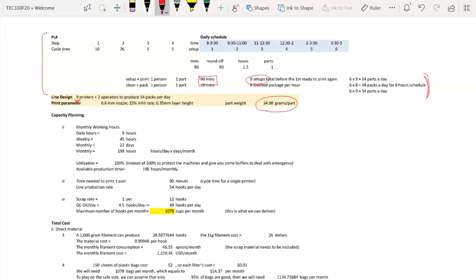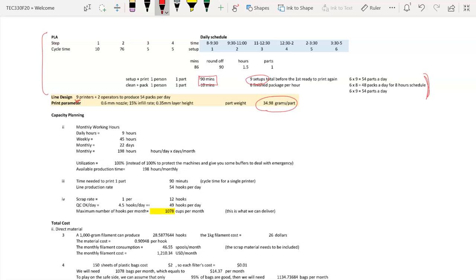Instead of 8 hours, we are doing 9 hours. Instead of 25 days, we are doing 22 days. So we are looking at 198 hours per month. Your utilization rate is 100%. This is the